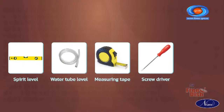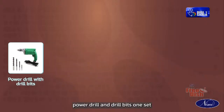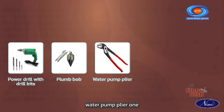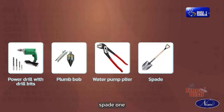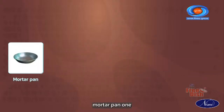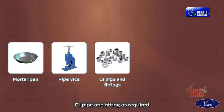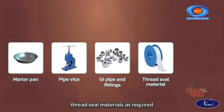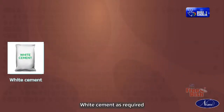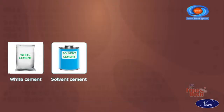screwdriver 1, silicone gun and sealant 1, power drill and drill bits 1 set, plumb bob 1, water pump plier 1, spade 1, straight edge 1, motor pan 1, pipe vise 1, GI pipe and fitting as required, thread seal materials as required, plaster of Paris as required, white cement as required, solvent cement as required, angle